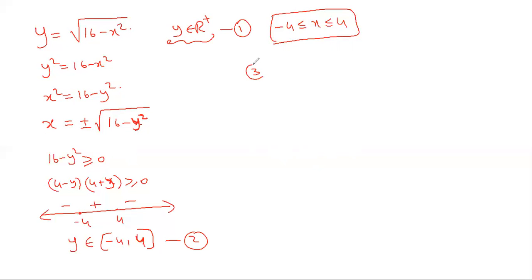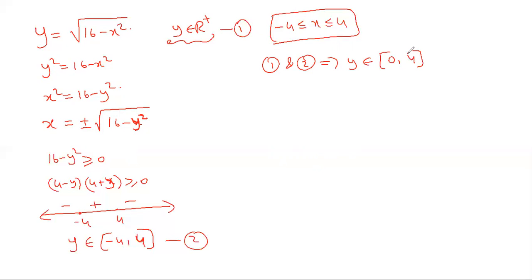And the third condition is, you should choose the y such that x lies in this interval. Suppose for the y that you are getting, if x is not lying in this interval, those also you should exempt. Now you know the answer is the closed interval 0 to 4, and if you intersect 1 and 2, you get closed interval 0 to 4. That's why that is the answer. Here you may feel like this is a simple method. But just by intersection of 1 and 2, y belongs to 0 to 4.